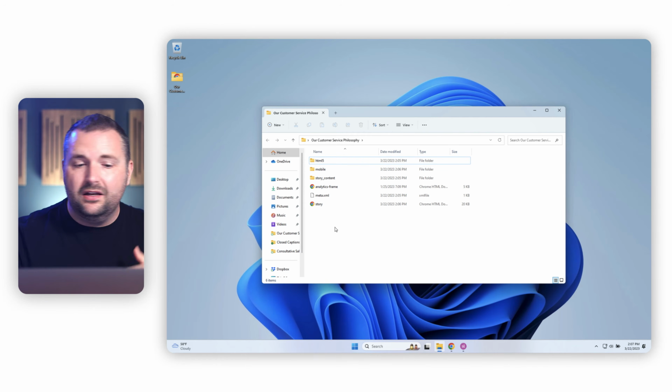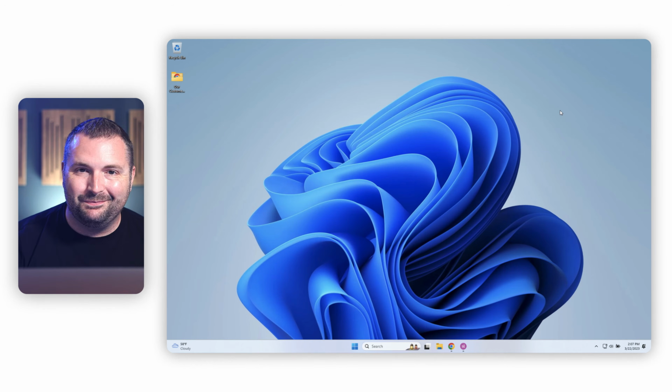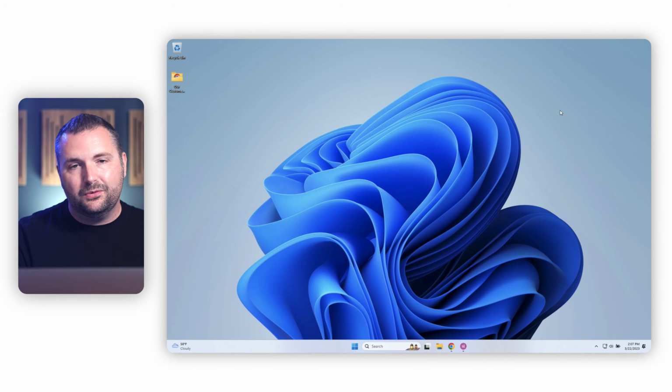So you don't want to move anything here. You don't want to delete anything here. You don't want to rename anything here. You just want to leave that as is. We're going to come back to these files in a moment, but that's our published files. So step one is done. Now we're going to move on to step 2, which is to create our